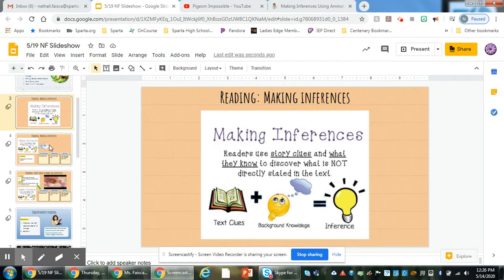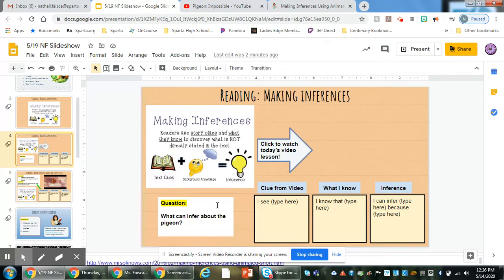Today we're going to be making an inference by watching a video. You can also make inferences when you are watching a video, or when you're looking at a picture. So we're going to do just that. The question that I'm going to ask you is, what can you infer about the pigeon in the video? After we watch the video, I'm going to model clues that I saw that help me make my inference. So I see, and I'm going to type that here. I'm going to type what I already knew about what I watched,